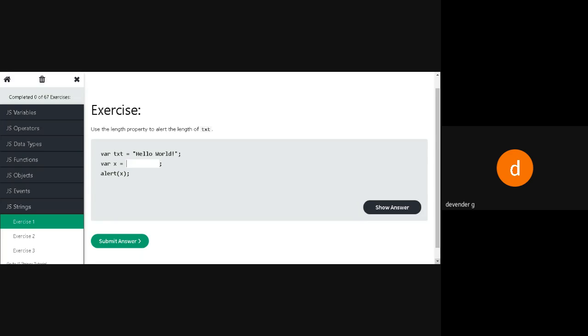So what we have to do with this? Simply you can say text dot length. So this is going to give me the length, that is how many characters or letters are available in this hello world, including the spaces.